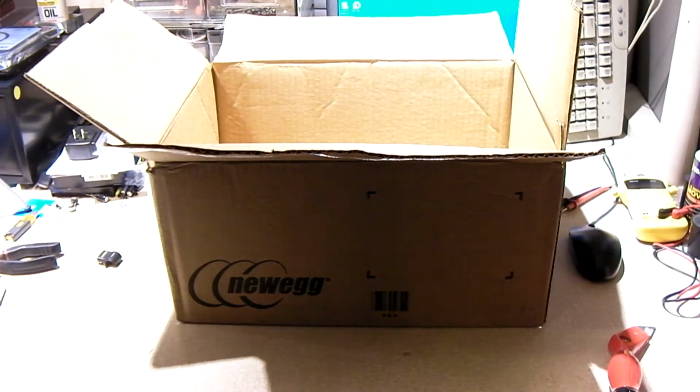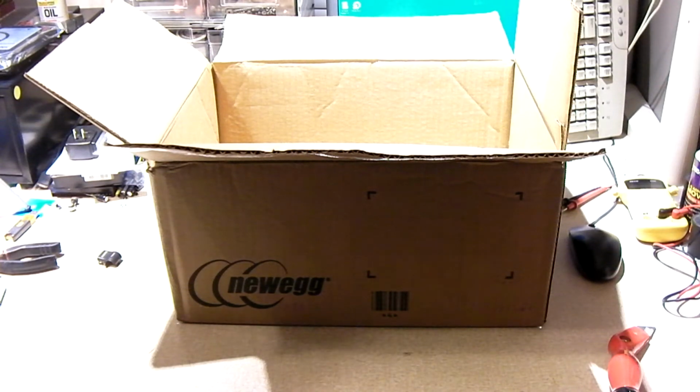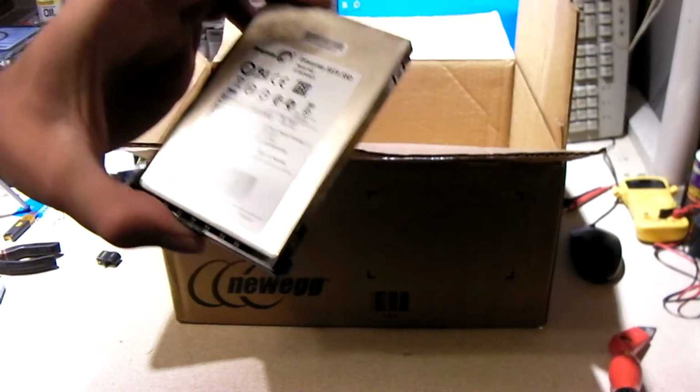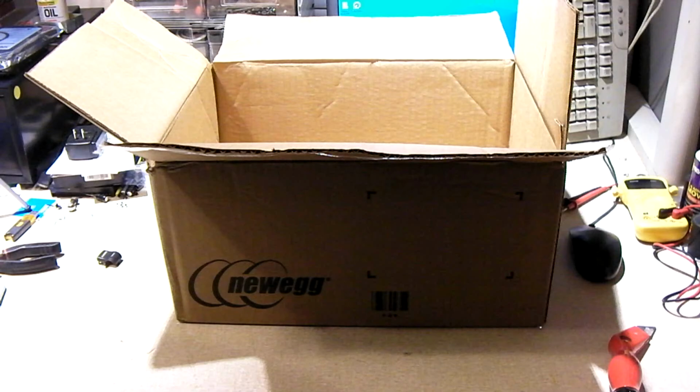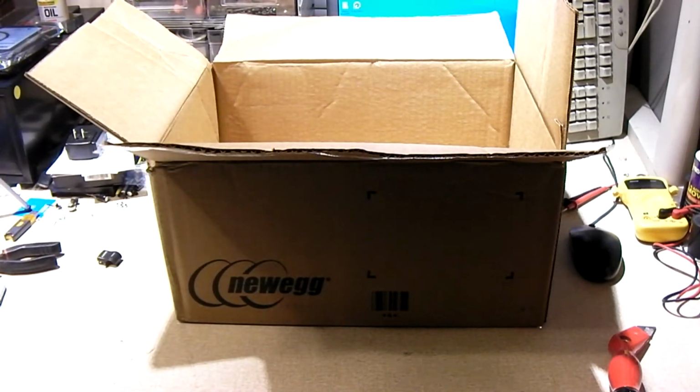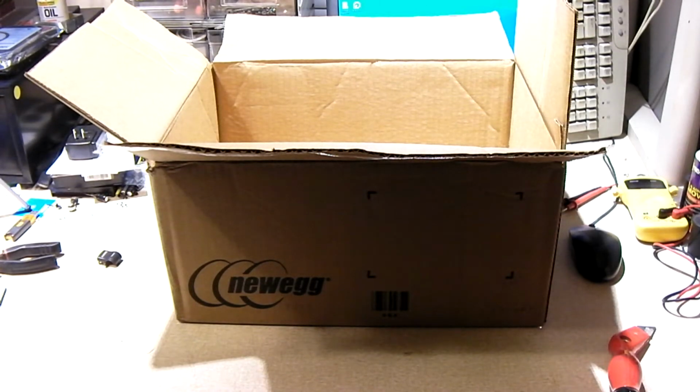I did a system build for a friend. Ordered an ASRock motherboard, AMD A-Series APU, Seagate 3TB hard drive, either 8 or 16 gigs of RAM, new power supply, I do think. Your typical system. Did not order a solid state drive, but lo and behold, this arrived in the package. This Seagate Enterprise SATA SSD. I was shocked. And this is back when SSDs were a lot more expensive, especially an enterprise grade one like this. Yeah. So yeah, back then,